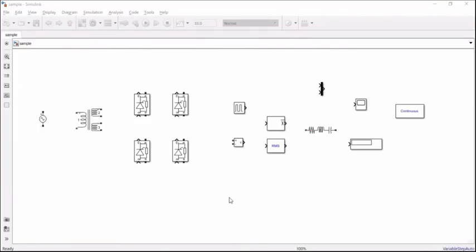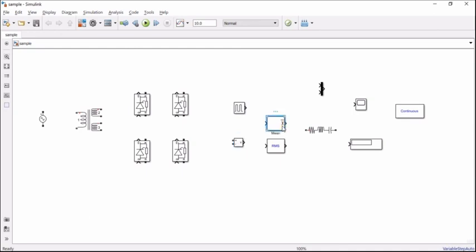The file is saved as sample, and these are all the parameters that we need for the simulation. So this is the input AC voltage source, and this is the linear transformer which is required for stepping up or stepping down the AC voltage, and this is the thyristor switch which is going to do the conversion process, and this is the pulse generator block which is used for giving the firing pulse to the thyristor, and this is the voltage measurement block, which is used for measuring the voltage output,